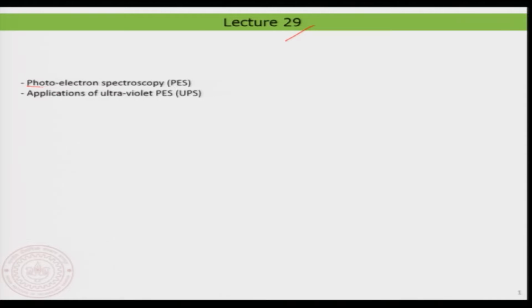Everyone, welcome back to lecture 29. In this lecture, we will be looking at a new technique mainly to understand the electronic structure of the surface. So far what we have been looking at was scanning tunneling microscopy and scanning tunneling spectroscopy, and in this technique we would be familiarizing something called photoelectron spectroscopy, and we will also see their application of the photoelectron spectroscopy,